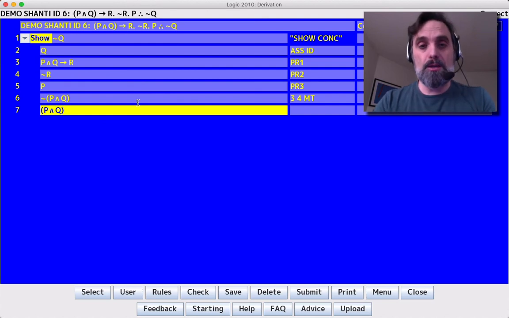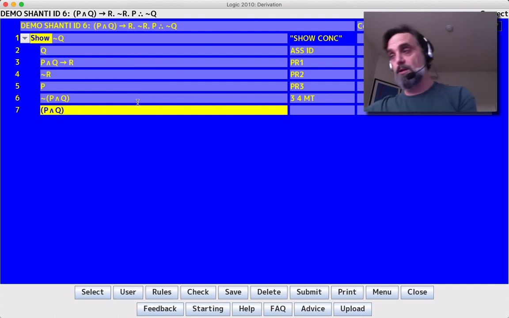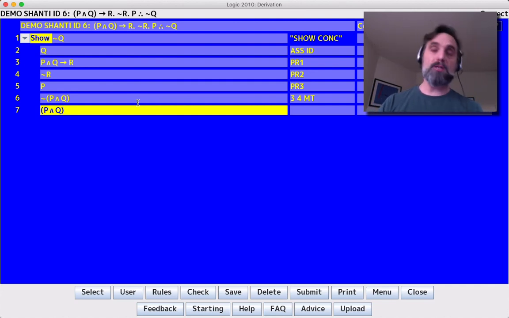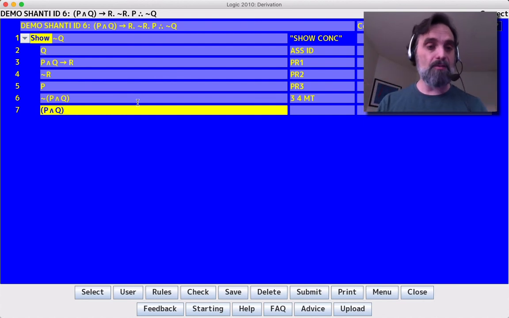If we could get P and Q, we would have a contradiction between line 6 and 7, because we'd be saying negation of P and Q on line 6, and we'd just be saying P and Q on line 7. So we'd be saying negation box on line 6 and box on line 7. That's a contradiction. One of them always has to be true and the other always has to be false. They always disagree. Okay, well, in fact, we can get P and Q because with 5 and 2,